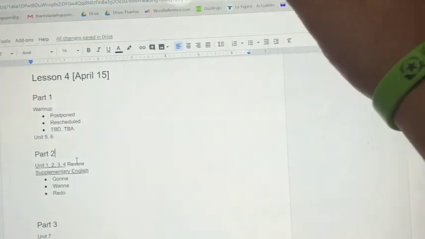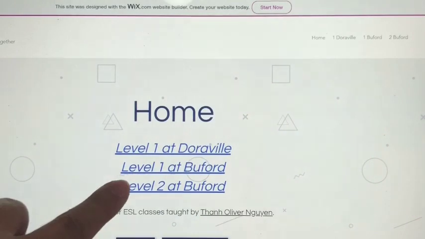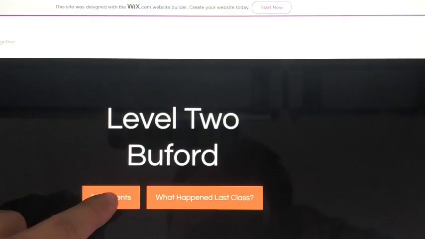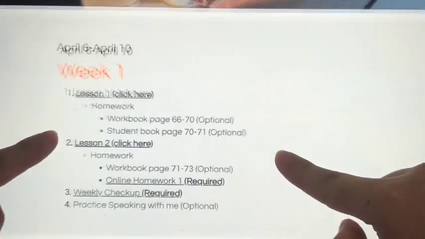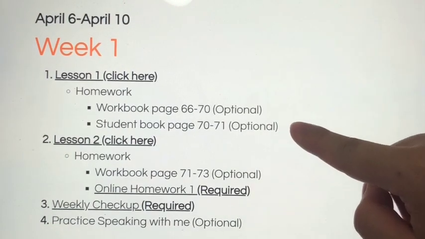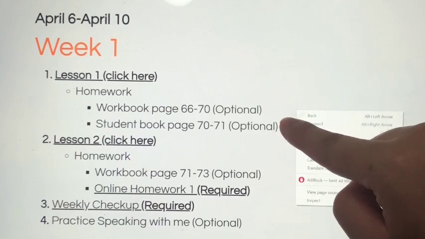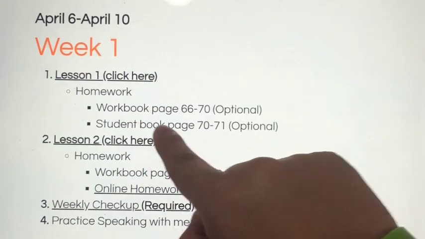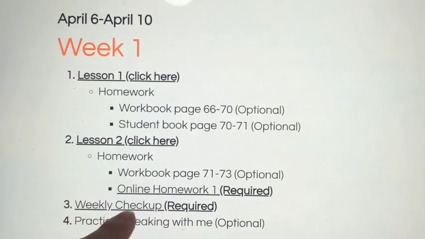So let's see your homework. Level 2. So, this is your homework. It says optional. If it is optional, then you do not have to do it. You should do your homework for extra practice, but you do not need to do this. This homework, the online homework number 1 and the weekly checkup, you have to do this. You need to do this because this